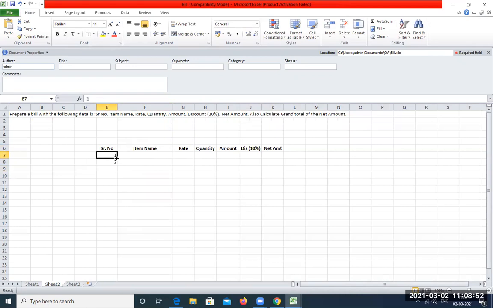Now we need, say, 5 items. So we are going to click on the first cell with the left mouse click, hold it and drag to select these 2 cells. Come to the bottom of this selection, wait for this 4-headed arrow and then just drag till we get 5 serial numbers. This is going to generate the 5 serial numbers. Next thing would be to enter our items in the list. We'll just enter some random fruits.